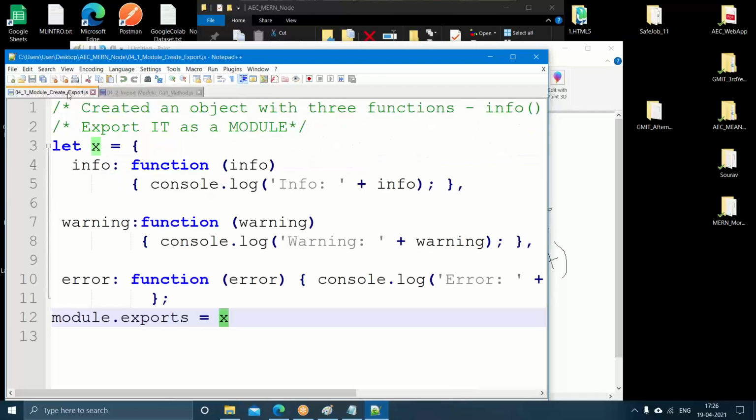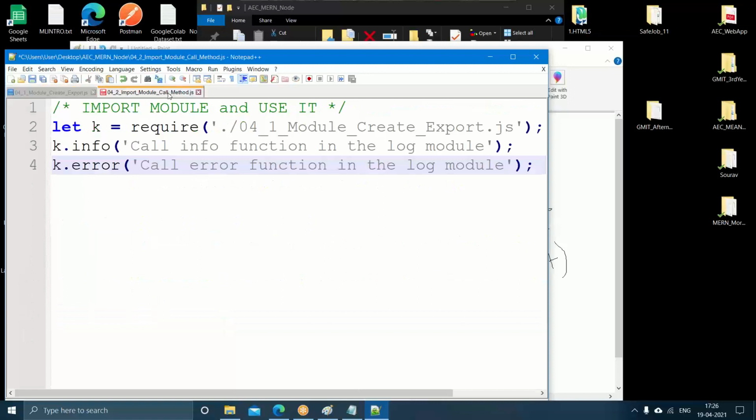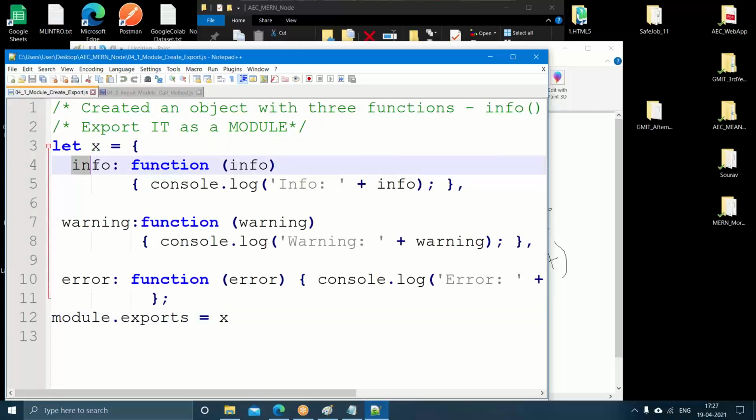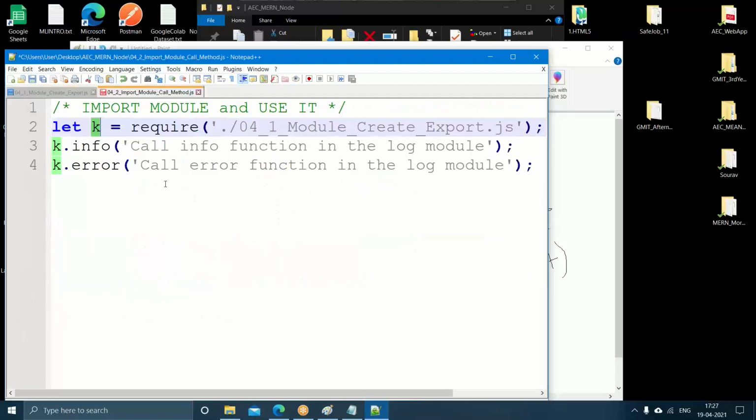So whatever object I am exporting, that object will be stored inside K, and with the help of K, we can call info, we can call warning, so the appropriate method will be executed. This is the concept